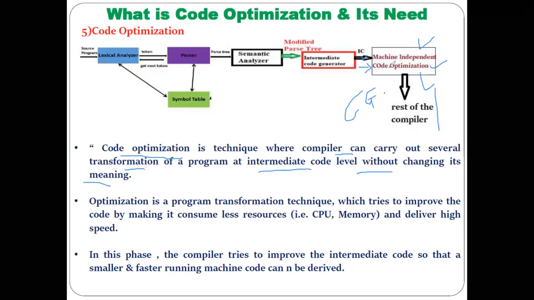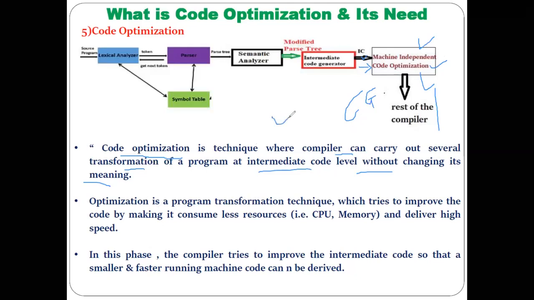So in this code optimization, the changes and modifications that we do don't have anything to do with the properties of the machine, in the sense of instruction set and registers. So during this code optimization, the compiler never considers the instruction set or registers of that machine. Understood? That is the reason this optimization is called machine independent optimization. Okay. And that is the reason this is called machine independent code optimization.